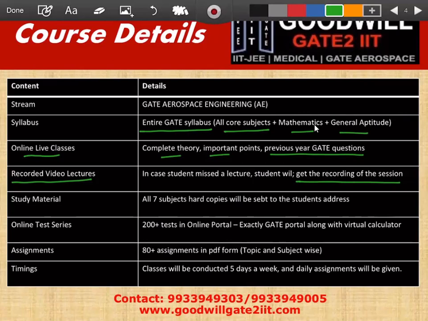That depends upon students. Another thing you should have for the time being is study material, because at this time you can't be reading entire textbooks. You can't go for Megson and Bruhn for structures, you cannot read complete Cohen and Rogers or Mattingly for propulsion, and for aerodynamics you cannot read John D. Anderson or Clancy. It's not possible. So you will get study material in hard copy form, which will be sent to your address. You will get all these 7 subject books in hard copy form. I will show you more detail in the next slide. Apart from these 7 books, you will also get a handbook, which will include everything related to aerospace in concise form.